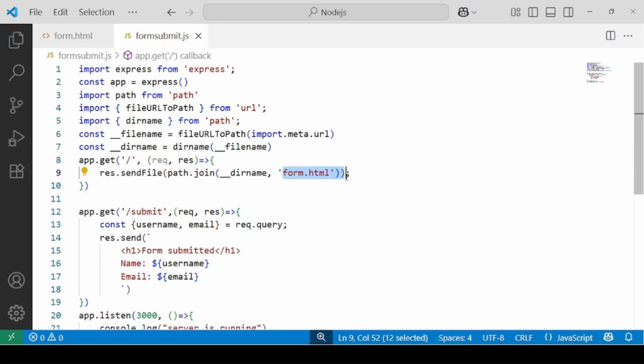This will automatically add the appropriate slashes. It can be a forward slash or backward slash, because some operating systems use backward slashes, some of them use forward slashes. So this is useful when you want to reliably locate a file in a specific folder regardless of where your script is executed from. The things might be pretty much clear as of now.